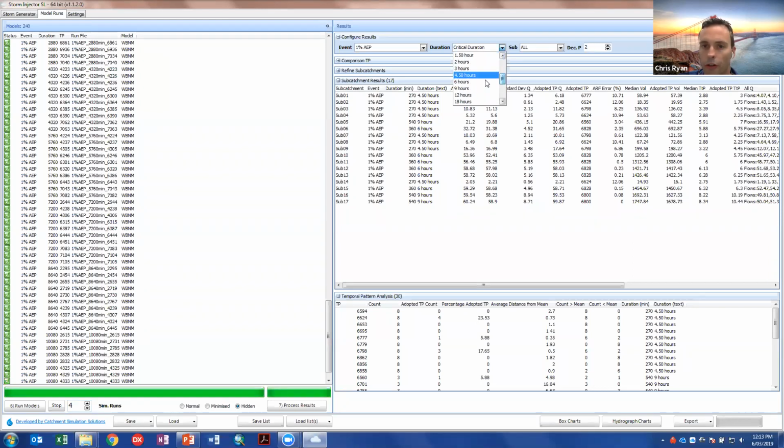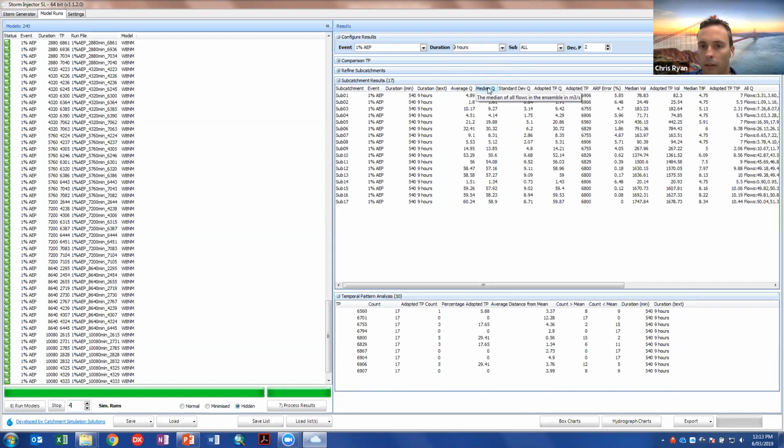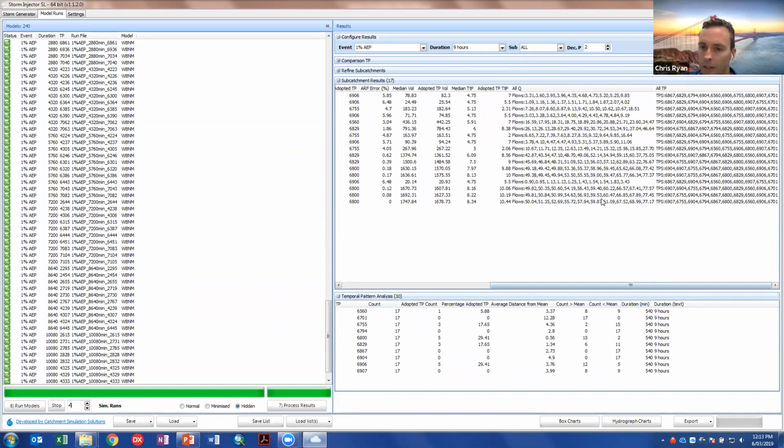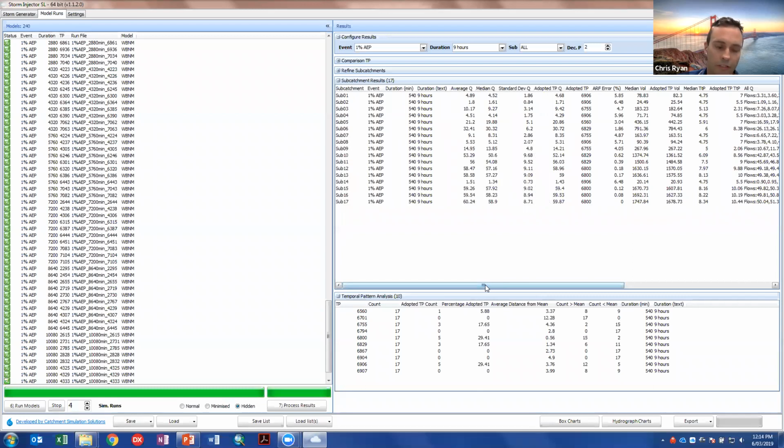So if we just wanted to show the 9-hour results, for example, and click that, we'll show for each subcatchment what the average flow, median flow, the standard deviation, the flow corresponding to the adopted temporal pattern, what the adopted temporal pattern is, the ARF error we might come back to a little bit later, and at the end you can see all the flows for all the temporal patterns in ascending order and their temporal pattern IDs as well. We can visualize this